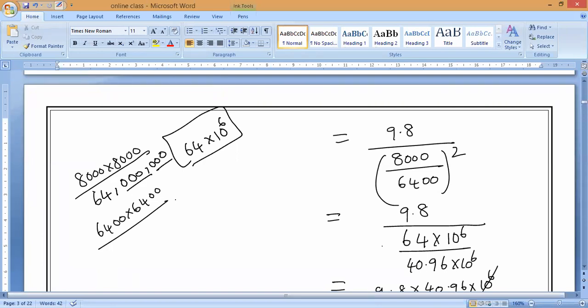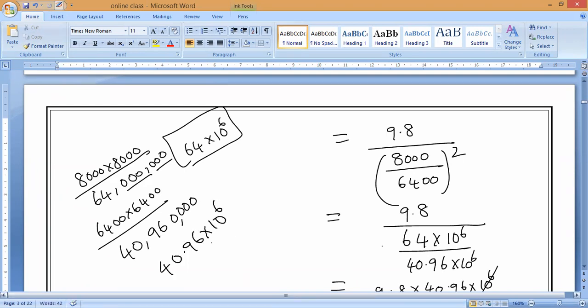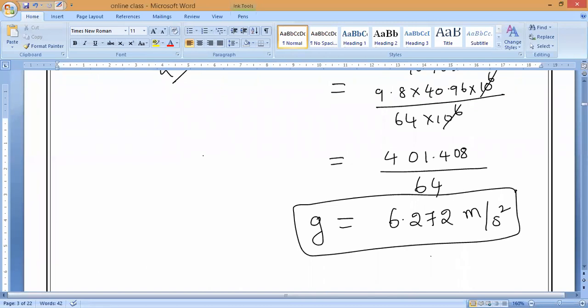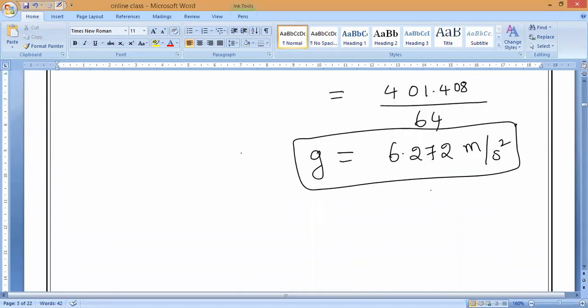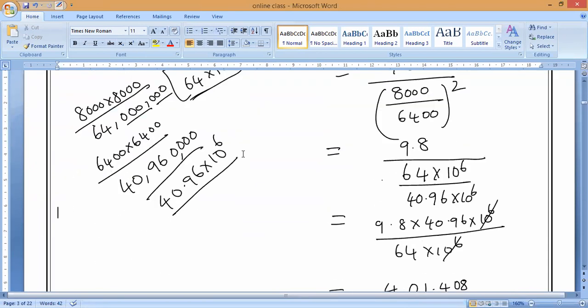Okay, Sita? Yes, sir. So now this one will come as 40 crore 96 lakh. Understand, everybody? So now this one I can write as 40.96 into 10 power 6. Okay, that's all. Have you got the answer, everyone? Same? Yes, sir. Please respond, solve it. Monish, Maitreyan, Sai. Yes, sir.